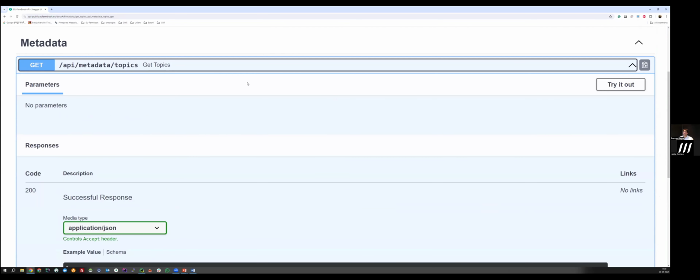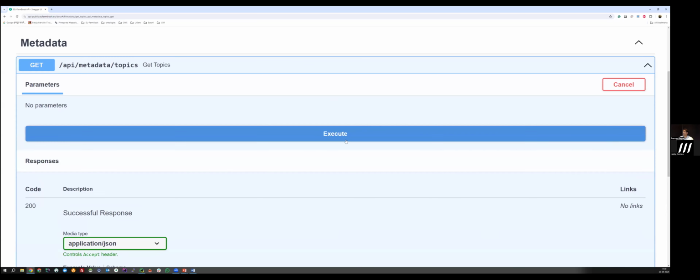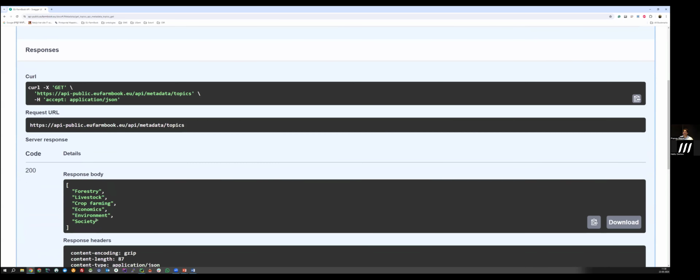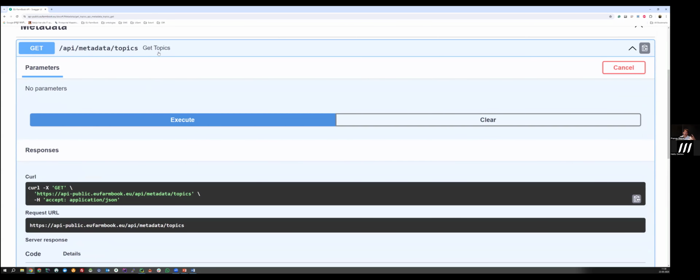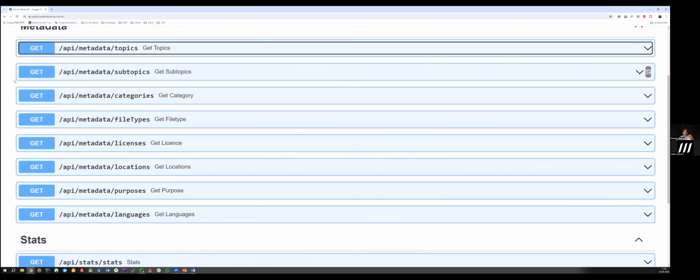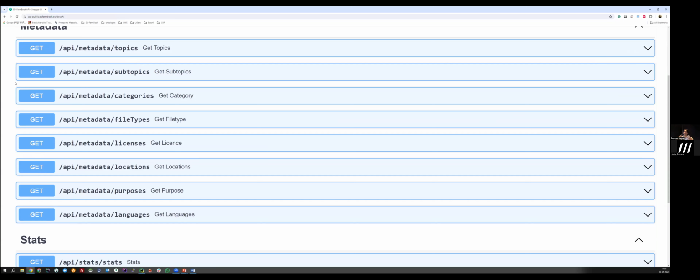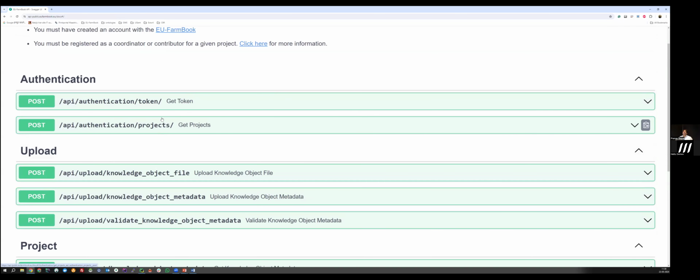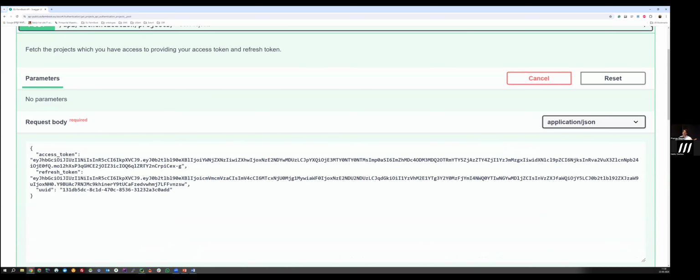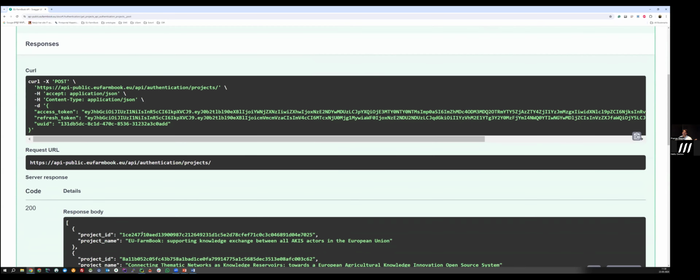Similarly, the topics that you can see, which are there in the platform, click on execute, and we have these 6 topics. And why I'm showing you this information is that it is useful when you actually upload the knowledge objects using the API, because sometimes you may not know, they will not appear when you upload. So you have to choose from one of these categories. Okay, so we saw how to authenticate, and we saw how you get the project ID and project names